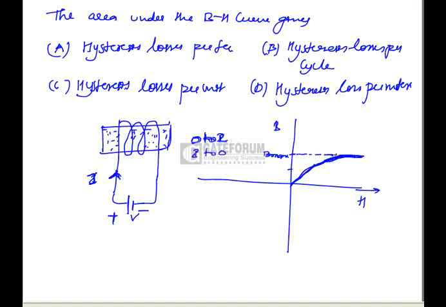Let's take it as B max. Now once you charge this magnetic material with current I, there will be some residual flux, that is phi r. If you decrease the current from rated current to 0, this magnetic material's curve, that is the BH curve, will not follow from this B max to 0. It will follow from B max like this,